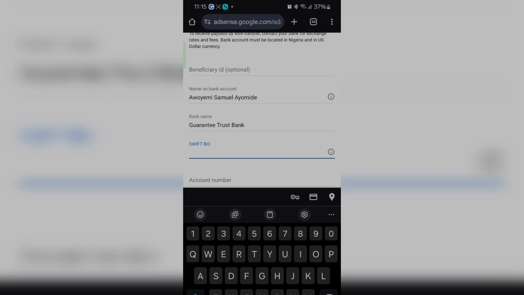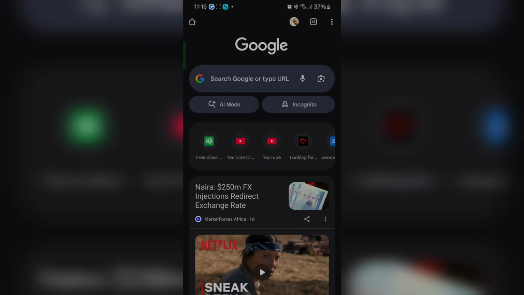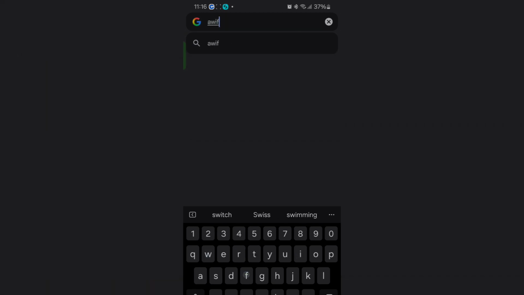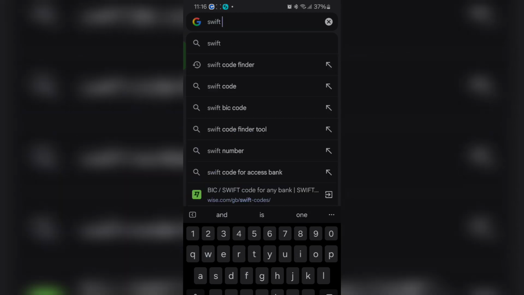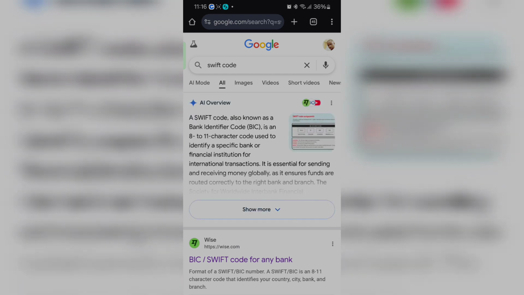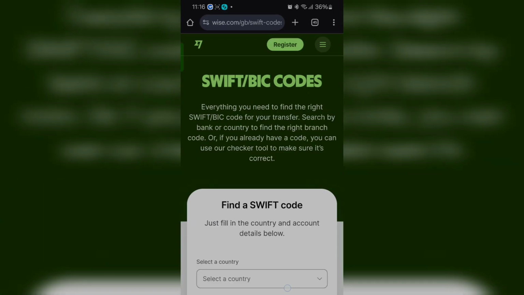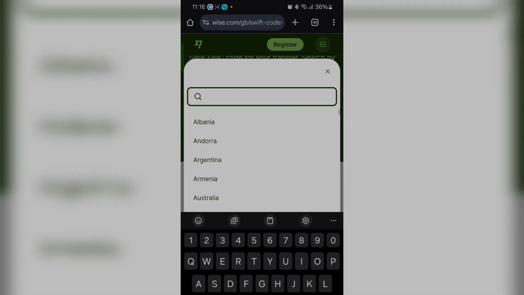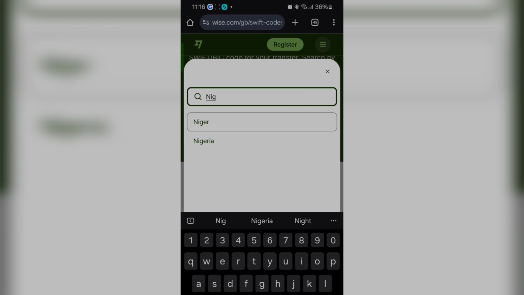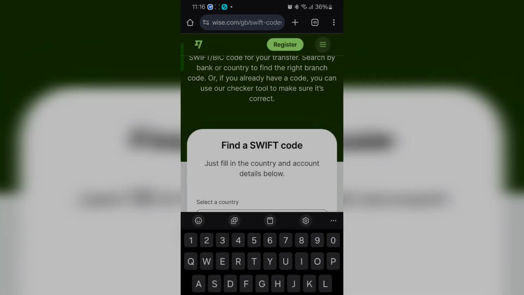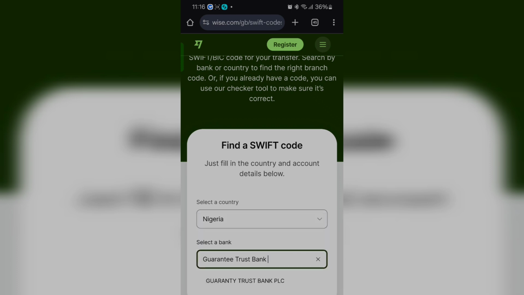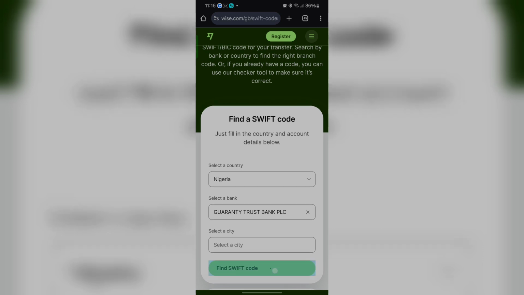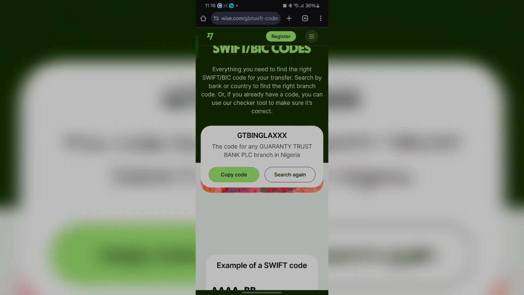So how do you get yours? Just click on this icon and type Swift code for Guarantee Trust Bank. Click the first one. So you are going to see that. Select your country. You are going to select Nigeria here, and you are going to select the bank, Guarantee Trust Bank. That is what I'm going to use. And you are going to click on find Swift code. You are going to copy this code, for example, and go to your